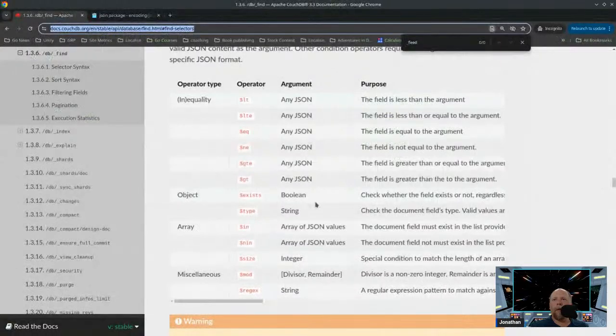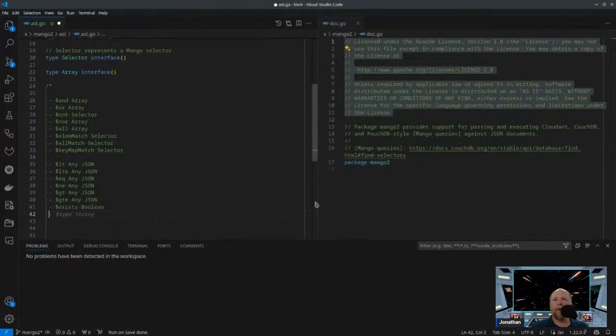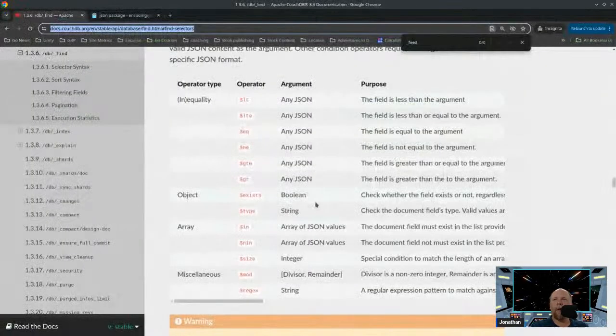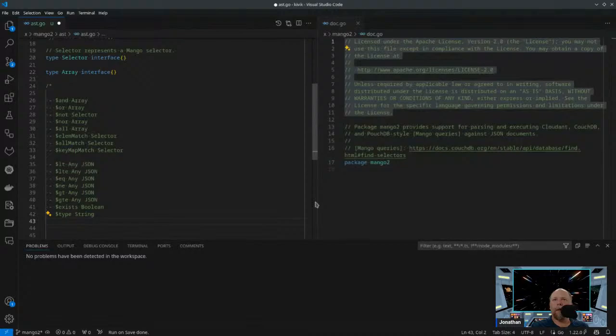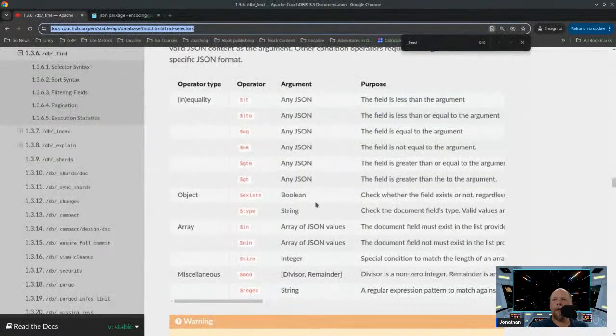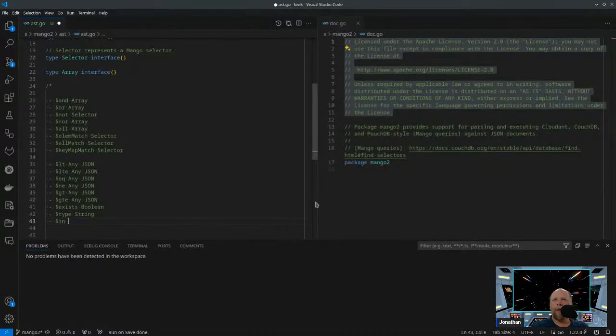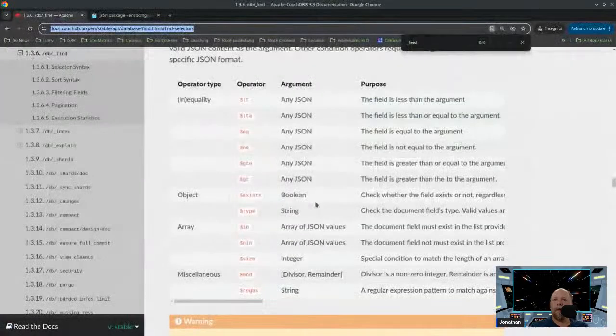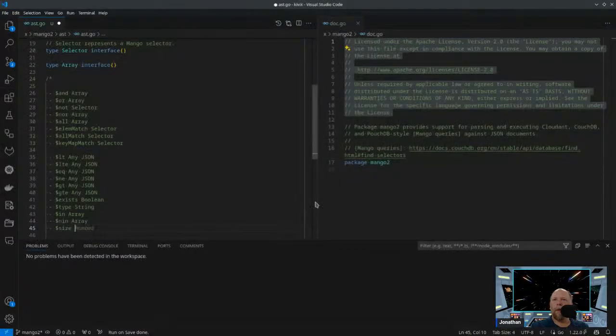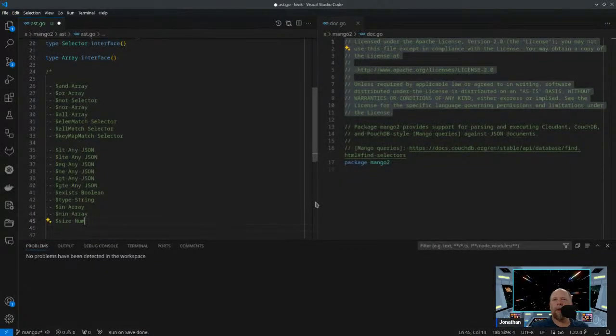Boolean type, string, in array of JSON values. I don't know what else would be an array. I also just say do array, not in array. Size, number, integer specifically,